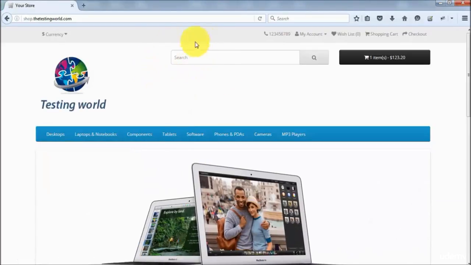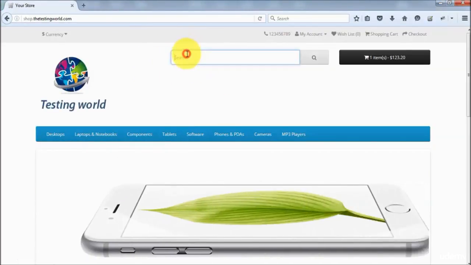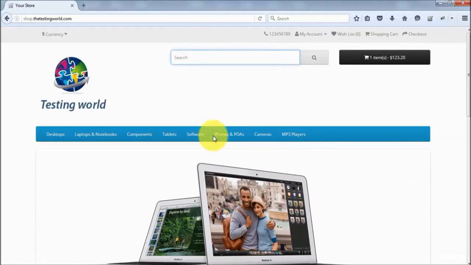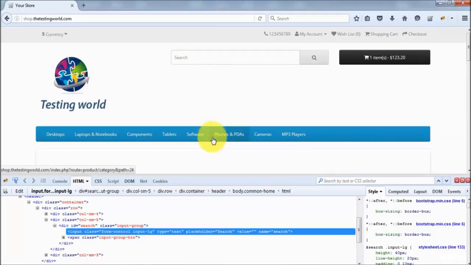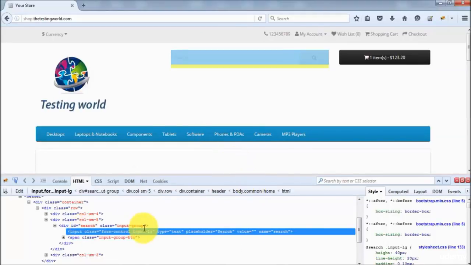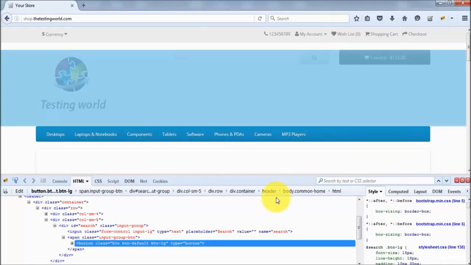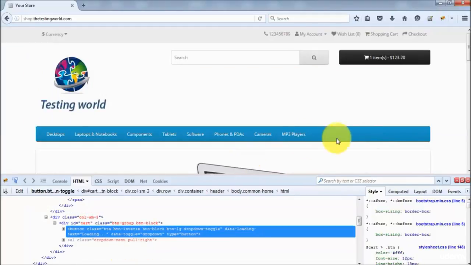Here on my application, this is my search box. I right click on the search box and inspect element with Firebug. The Firebug window opens, and that's the HTML of my text box. We have class, type, and value, but we do not have ID. I right click on another element, like the button, inspect element with Firebug, and again we don't have ID. But here we can see a div with the ID equal to